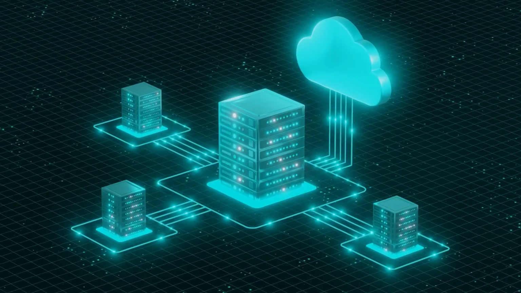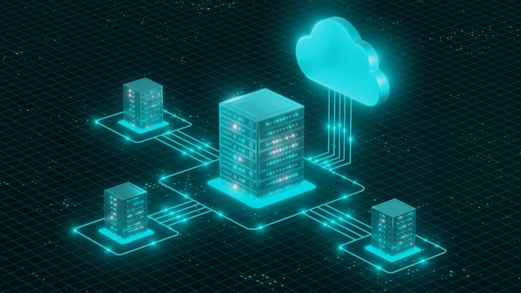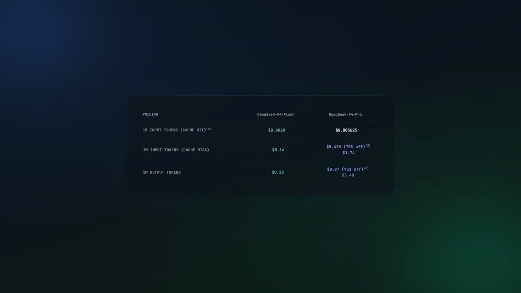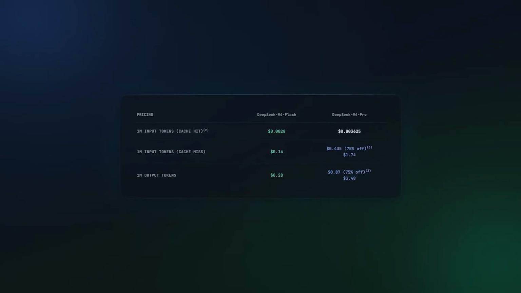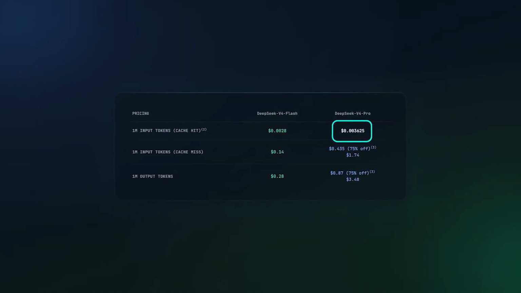and more aligned with local hardware and regulation. And then came the price cuts. DeepSeek slashed API pricing by up to 90%. For V4 Pro, one report said the cost per million input tokens dropped from around 14.5 cents to just 3.6